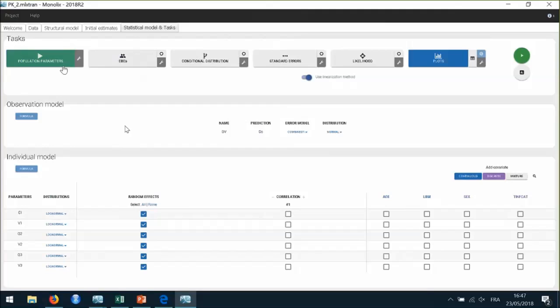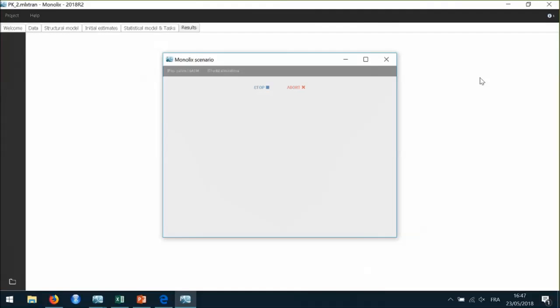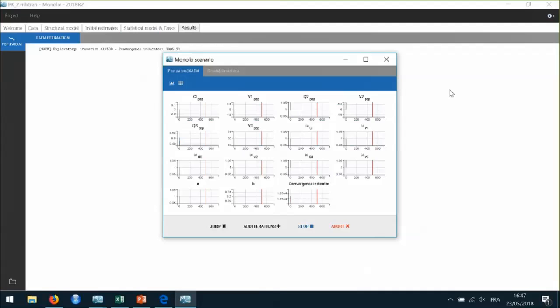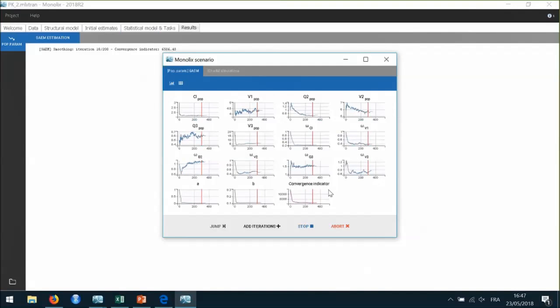And then I can run the population parameter estimation task as well as the diagnostic plot together by clicking on the green arrow here, Run Scenario, because these 2 tasks are selected in the scenario, so the tasks that are selected in the scenario are the ones colored in blue. And now there are 12 parameters to estimate in addition to the 2 parameters for the residual error model.